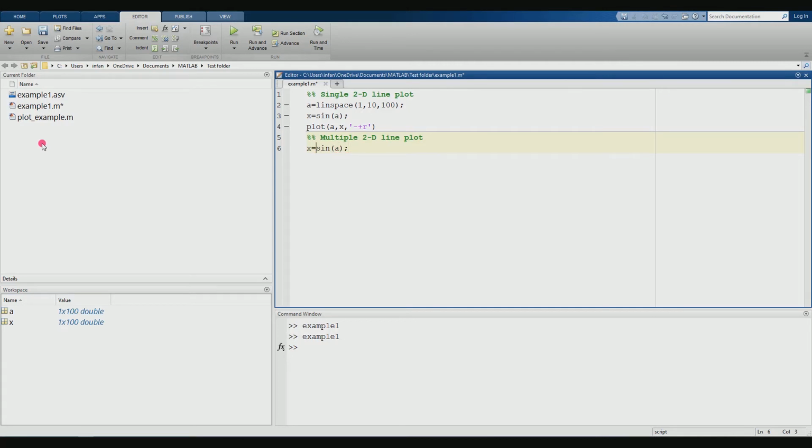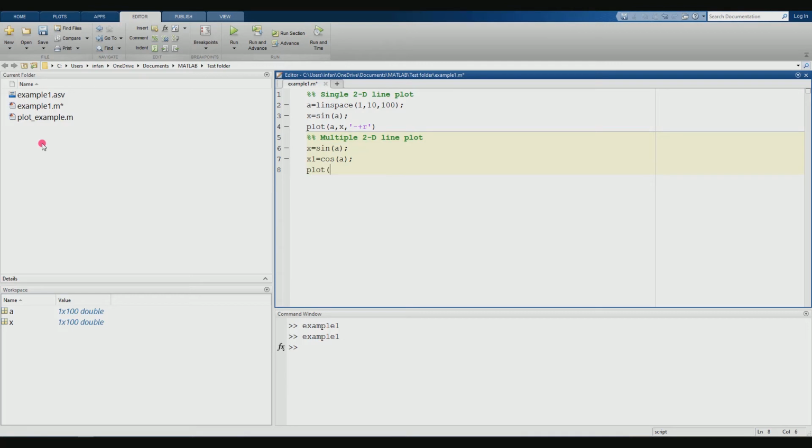Next I'm going to create the second data set. Let me name it x1. x1 is going to be a cosine function, cos of a. For both the sine function and cos function, I'm using the same time axis.